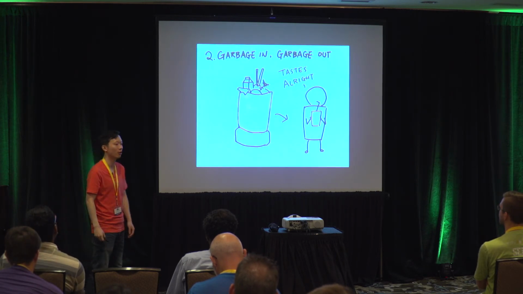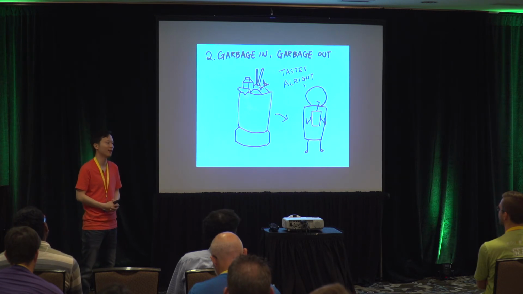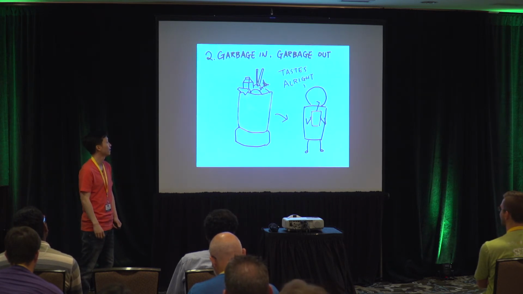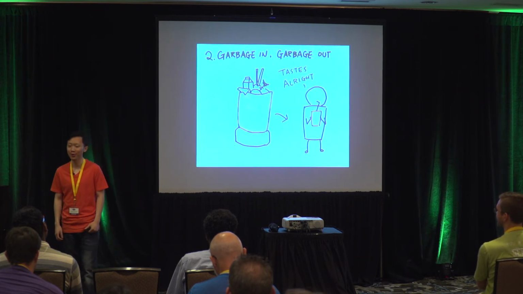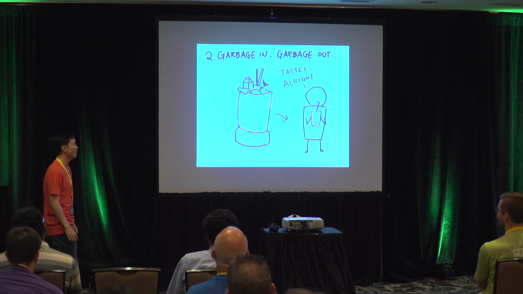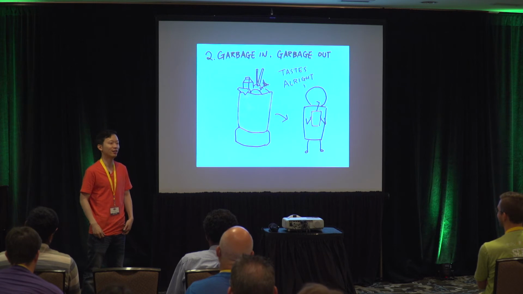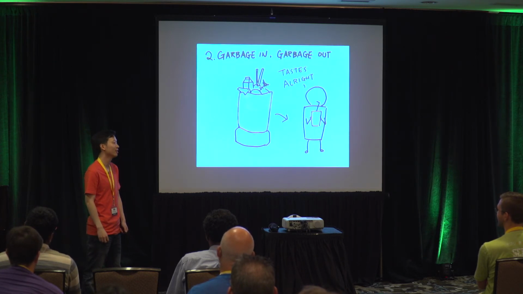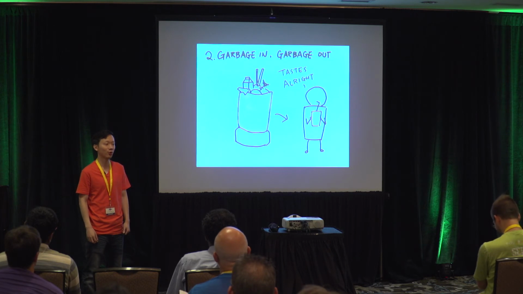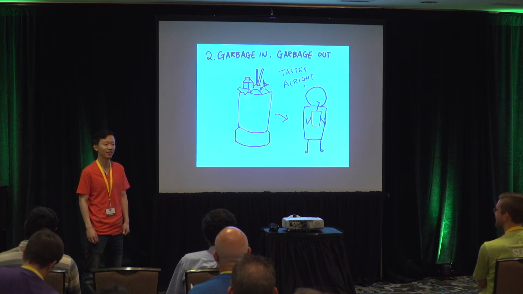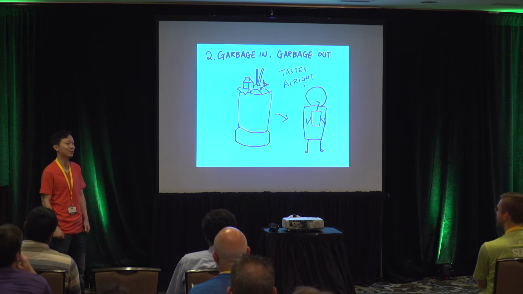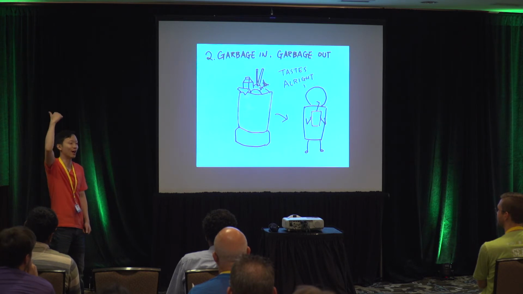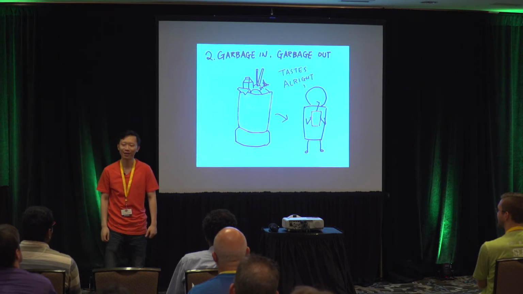Another thing that happens a lot is garbage in, garbage out. Just like a blender, if your data is garbage and you throw it into the blender, you can still get a smoothie. And the crazy thing is, you have a very, very expensive blender, so you throw all the crap in it, you get a smoothie, and your business owner will drink happily. And when they drink it happily, it makes my imposter syndrome meter go way up, because I know it's probably crap. But they think it's all right.